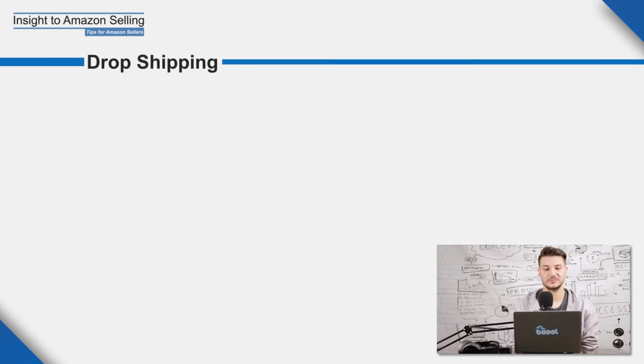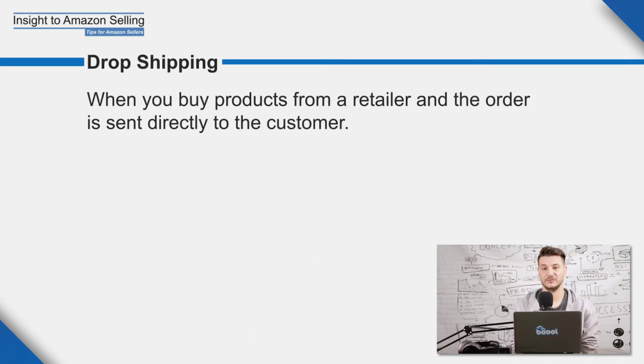What is dropshipping? Dropshipping is when you are waiting for an order from your customers, and when the order is placed, you're gonna purchase the product from a retailer or wholesaler and let them ship the product directly to the customer. This is basically cutting out any involvement with inventory. This method is usually done through fulfilled by merchant because you're not gonna use Amazon's warehouses. It is important to respect Amazon's policy.